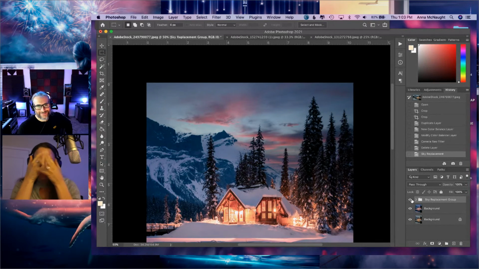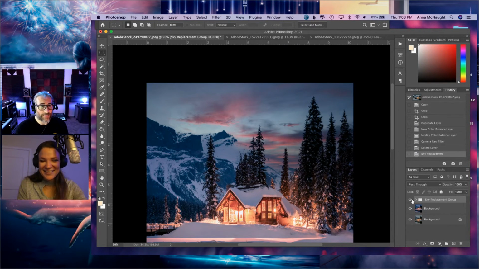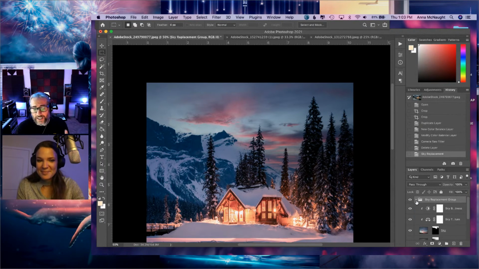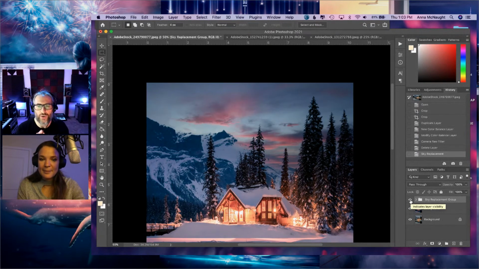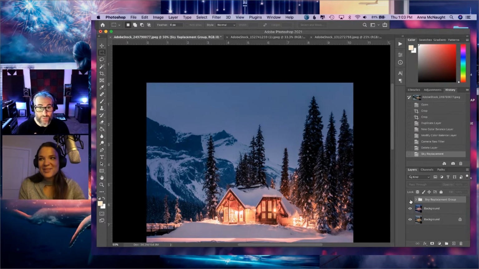Now again, let's not forget, of course, we do have all of these new selection options, right? You've got select subject. You have select sky also under the select menu. Yes, select sky, select subject, focus area, color range. We've improved all of that. So making selections, people still need to know the practices because they are assisted and they're better.